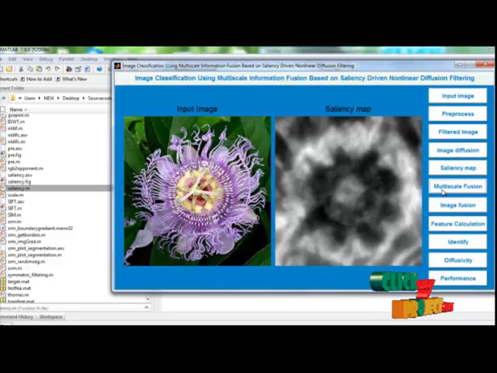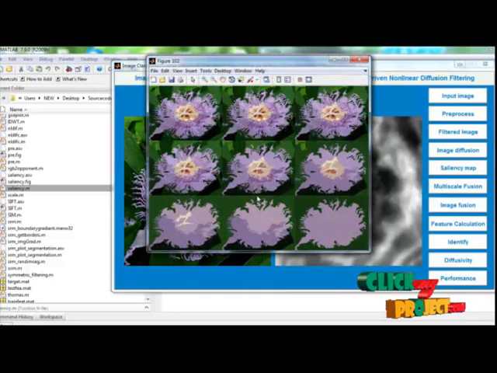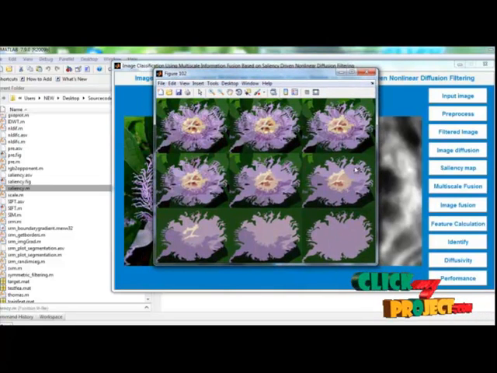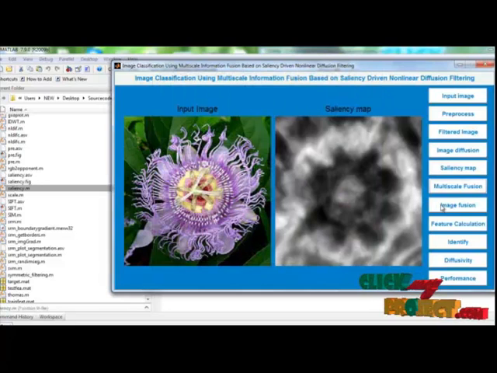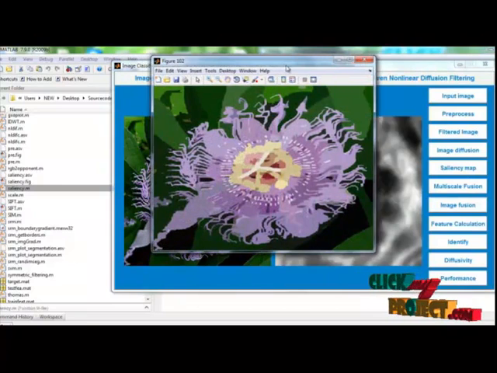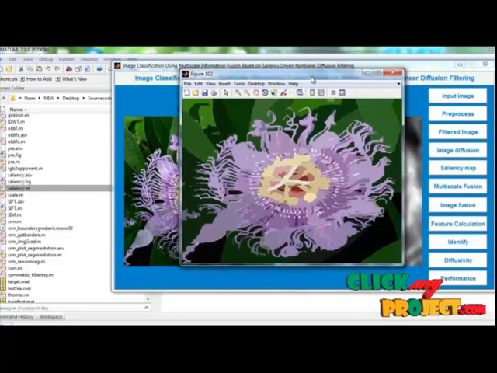After that, multiscale fusion. Here the fusion is operating in multiple levels, and after the segmentation the result is shown in 9 levels. Finally, the fused image can be shown by clicking the image fusion button. Here this is the input image after fusion.